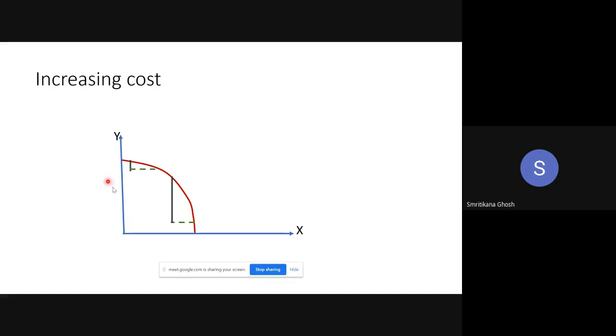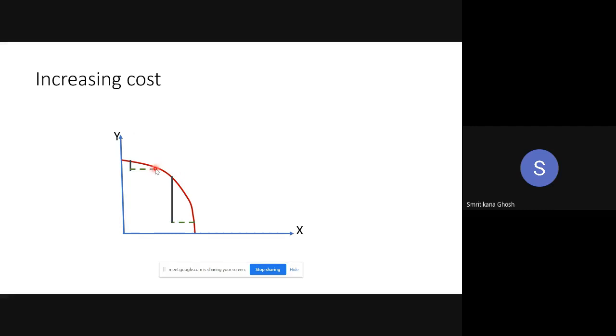Look, when the producer is here and he is trying to produce a certain increase in X, on the PPC there is full employment. You don't have any resource which is unemployed in the economy. So when you are moving from here to here, you have to reduce some amount of Y production. Otherwise, you will not get the resources or inputs that you can employ for X production. So that is why the Y production is falling. But the thing is, when you are moving from here to here, some factors of production are leaving the Y production and coming to the X production.